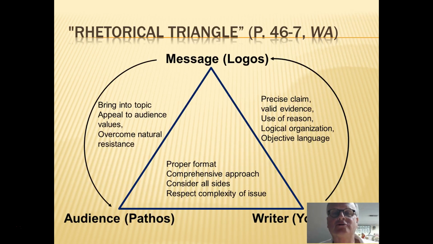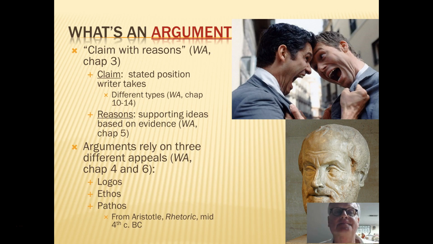This is our friend, the rhetorical triangle again. You've seen this before in the introduction to argument video that I made. You can see that there are 3 parts, as usual: the message, the audience, and the writer. And we talk about each of these in terms of different appeal types, establishing our ethos, establishing our credibility as a writer. Our message has to be a logical, reasoned claim with evidence to support it. Those are appeals to logos, which we'll talk about in a sec. And then how we bring our audience in, that is how we make appeals to pathos. So we'll keep coming back to these terms over the rest of the course.